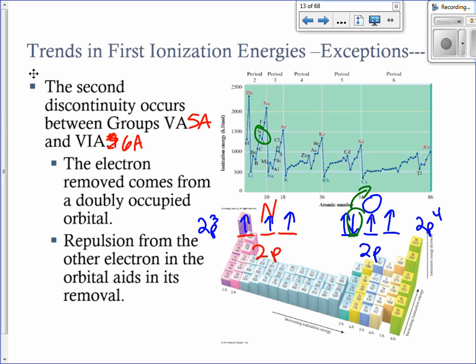Yes? So the more repulsion it has, the easier it is to take the electron. It would, yes. But you remember that effective nuclear charge takes into account the repulsions and adding in the protons. Adding in more protons gives you more pull to keeping it more tightly bound. So they're opposing forces. So as you add more protons, that's probably a little bit more of an effect than the electron repulsions, but this is where our two deviations take place. Okay?